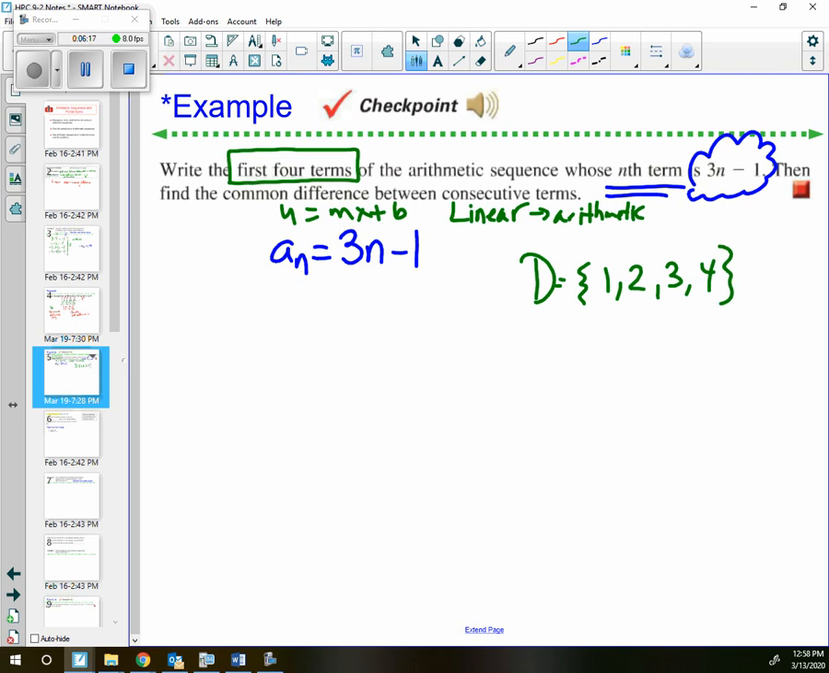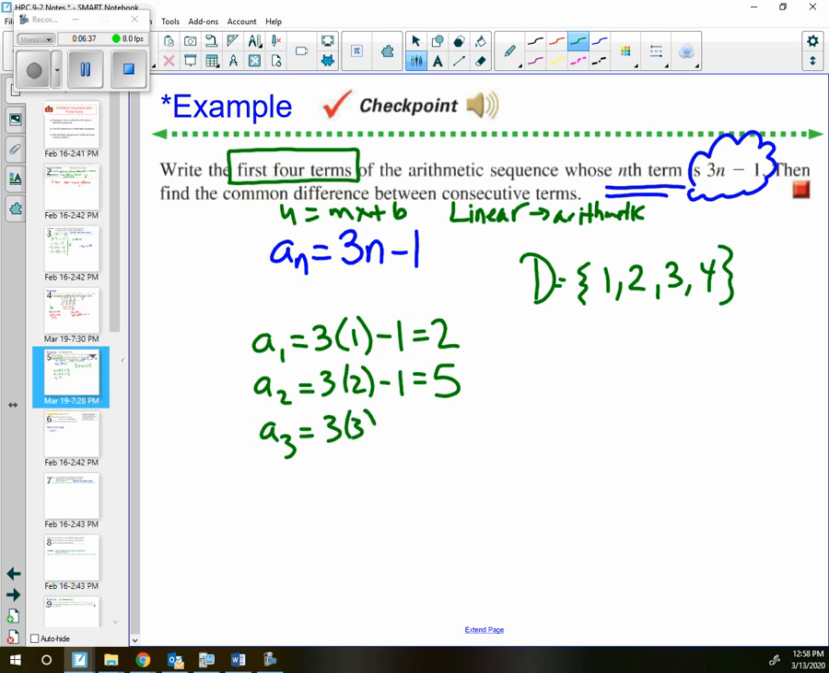Now, we can do it kind of the long way here. So let's see if we can find term 1. I'd be doing 3 times 1 minus 1. So 3 times 1 minus 1, that would be 2. And then I can find term 2. So 3 times 2 minus 1, so 6 minus 1 would be 5. Term 3, so 3 times 3 minus 1, which would be 7. And then I could find term 4, so 3 times 4 minus 1, which would be,